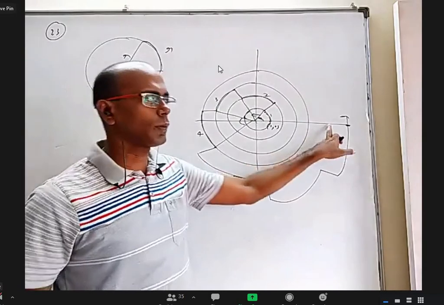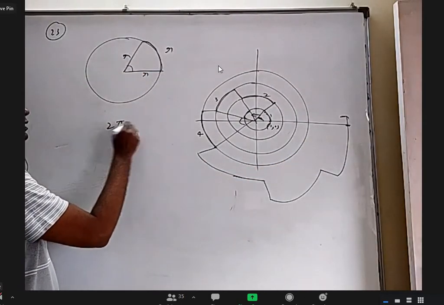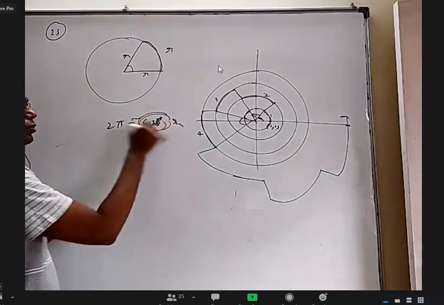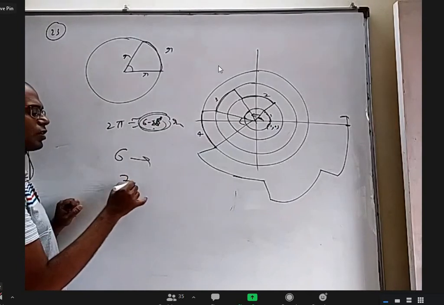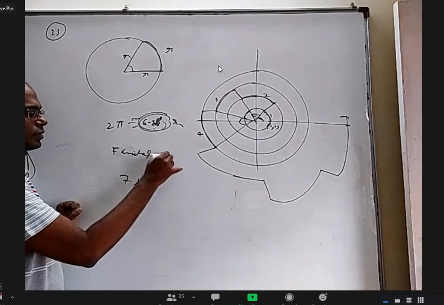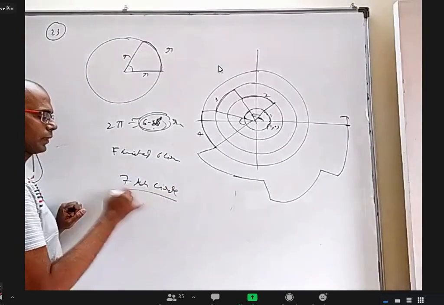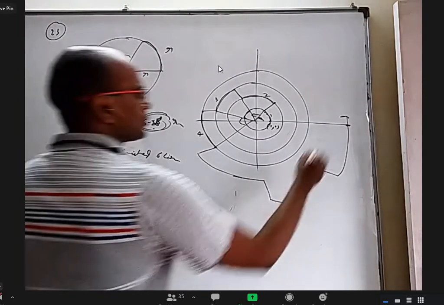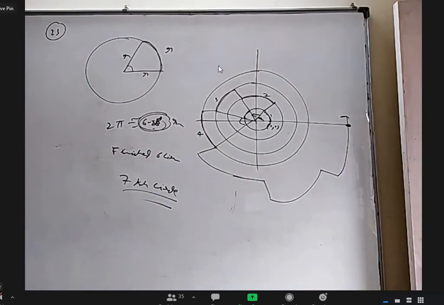So finally, if you want to come up to here, you should have traveled 2 pi angle, which is 6.28 radians roughly. What does 6.28 radians mean? You finished 6 circles and you are on the 7th circle. Am I right? Is it clear, everybody? Yes, sir. So that is the question. In one sense, it doesn't have any connection to circles. I wanted to shift this question to first year trigonometry, but it's okay. Anywhere we can do.